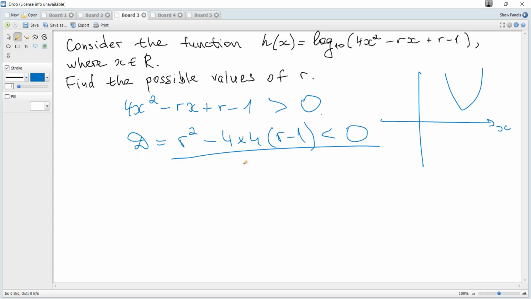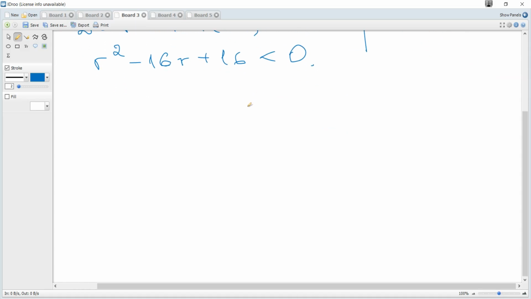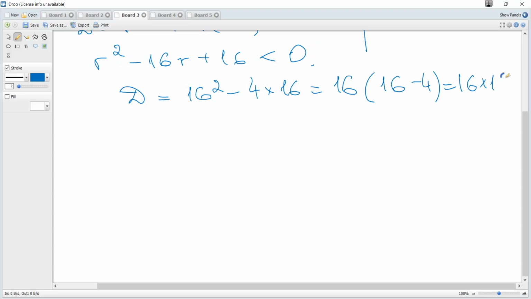And it's like another problem. And it becomes r squared minus 16r plus 16 should be less than 0. It's another quadratic function, and again we need roots of this, and using the discriminant, it's 16 squared minus 4c, and we can factor out 16, so it's 16 times 12,